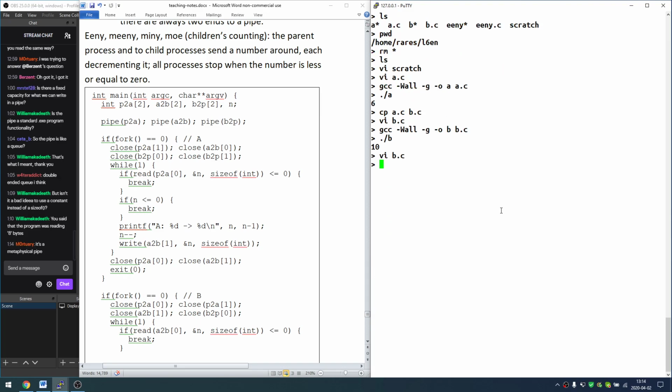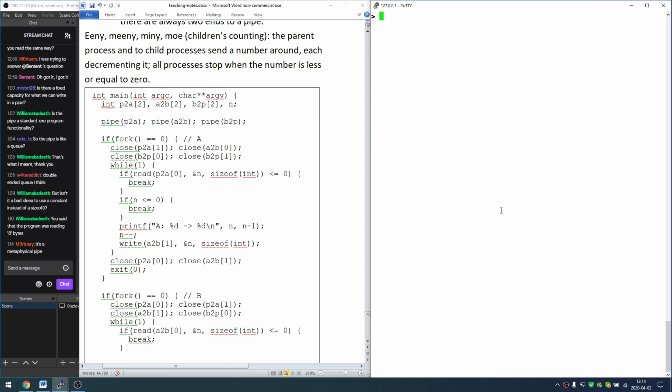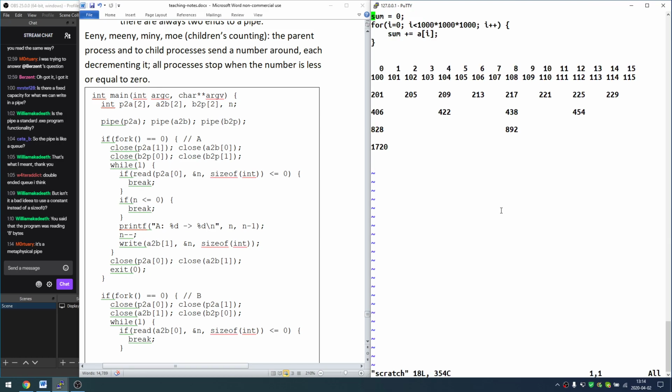And it's going to be an eeny, meeny, miny, mo, this kind of children's counting, right? Well, we'll have three processes that will do an eeny, meeny, miny, mo, and they will talk in a circle using pipes, something like this. We will have a parent process that will send, in this case, I think we start with 20. We'll send 20 to process A, which will then send a 19 to process B, which will then send